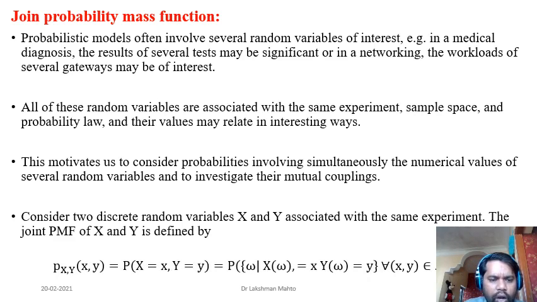Again, I always like to say that we should always define this. This is a function, a function of two variables. One variable comes with respect to the first random variable X, and another variable comes with respect to the second random variable Y. This function is defined by the probability that X is taking the value of small x, and here the comma always reflects joint occurrence, or you can say 'and', or you can say intersection.